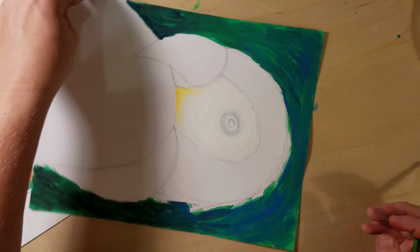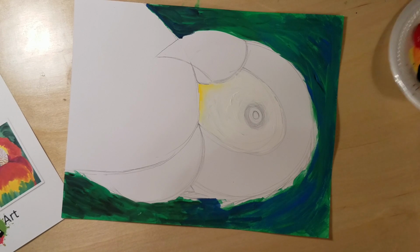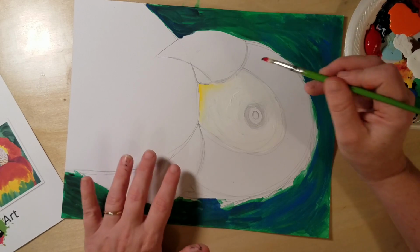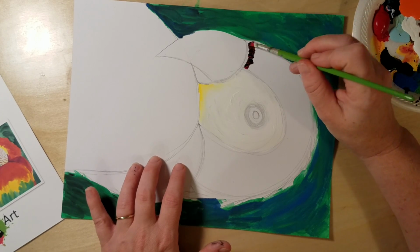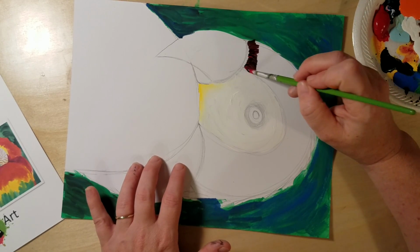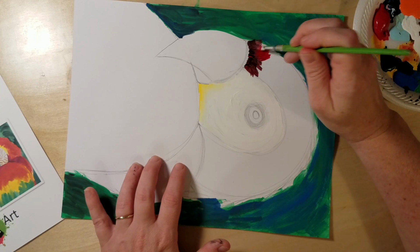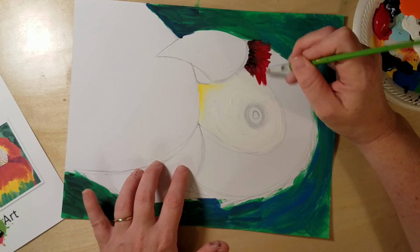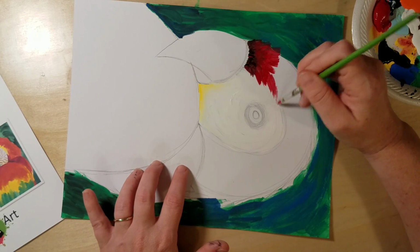Now we're going to go ahead and start with the feathers on top of the head. I'm going to flip this around so I can have a better angle. I'm not going to clean my brush. It's not really necessary. I know my palette's really, really messy. I'm going to use some red, and I'm going to touch the black because this area is a little shadowed. I'm going to start by coming in. You want to do little brush strokes about, oh, I don't know, half an inch long, and have them like literally act like you're making feathers. They go up and out, up, a little bit over the white,